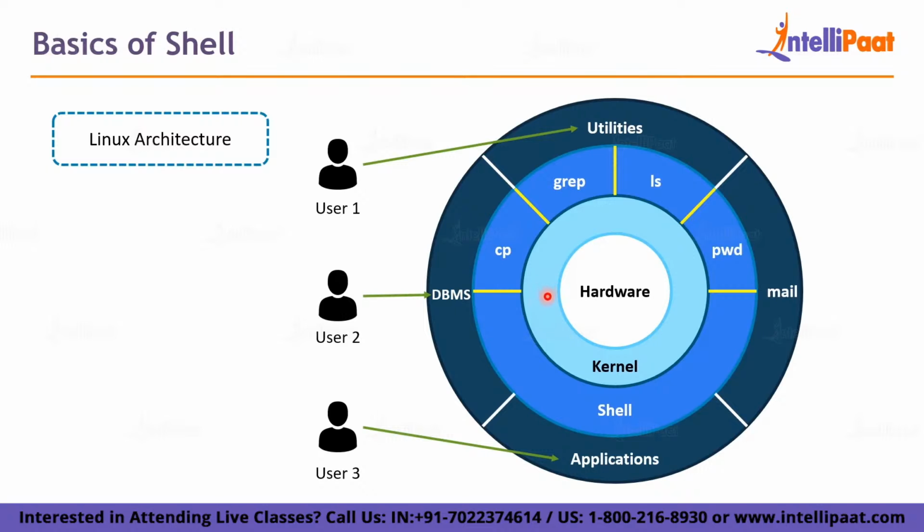The kernel understands what the operation is, and it pushes that to the hardware in a language the hardware can understand, like an assembly level language or a microcontroller language. The hardware does the operations for you and sends it back to the shell, where you can view it. As a user, you just know you've typed in the command, but you do not know what happens inside and what comes back. You type in a copy command and get the results in a fraction of a second, and you don't see what exactly happens behind the scenes.